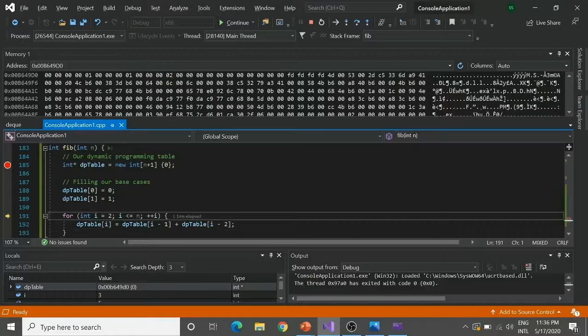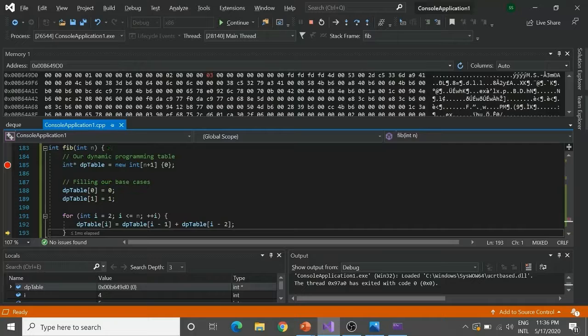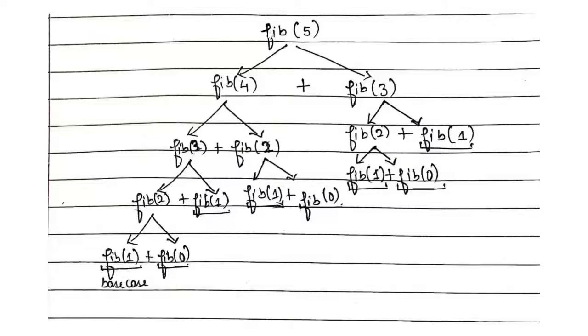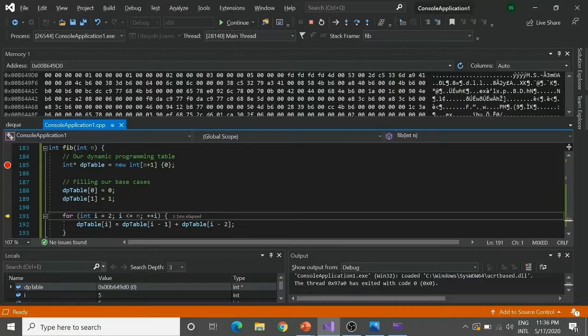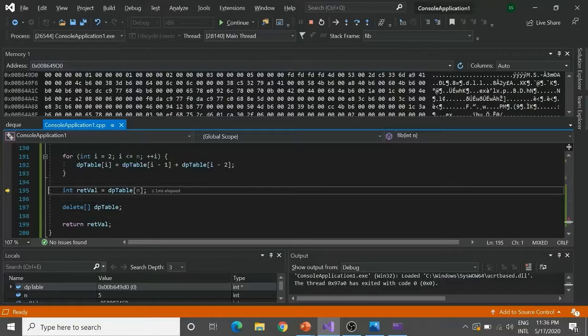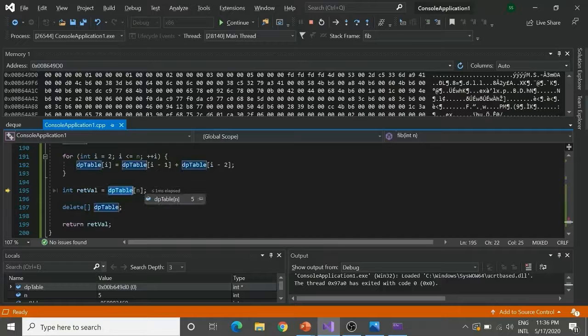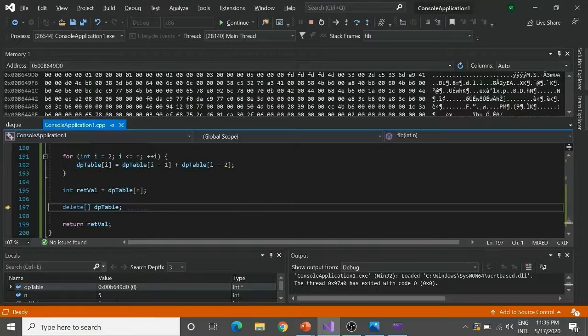The same way I would be going for Fibonacci 4 as well. So at Fibonacci 4 I will get a value of 3. Then I will go for Fibonacci 5, and at Fibonacci 5 I will get a value of 5. And this was my intended solution, because what I was recursing for was Fibonacci 5. So I am done with my DP table in this case. The answer to my Fibonacci 5 is the value present at index 5 over here, and that is actually 5. So the Fibonacci 5 number is 5. This is the way we implemented our tabulation method.